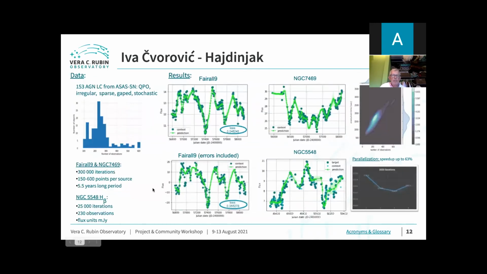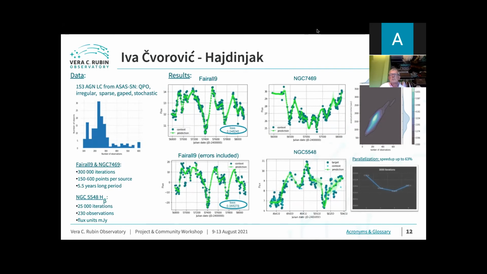In this research, we have processed 153 optical light curves from the All-Sky Automated Survey for Supernovae telescope. Each object has between 100 and 600 observations, which cover up to 5.5 years. This data sample makes a good representation of 80% of the sky with an irregular density of observations, gaps, flares, and possible QPOs. Plots for Fairall 9 and NGC 7469 show final results of modeling AGN light curves with different